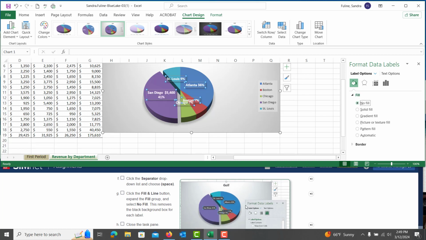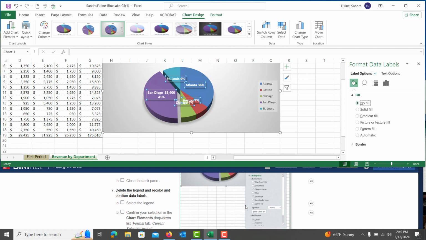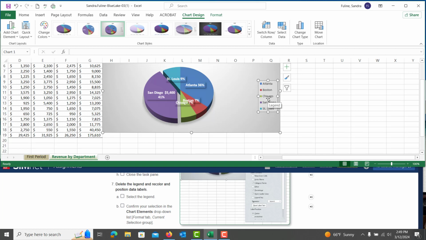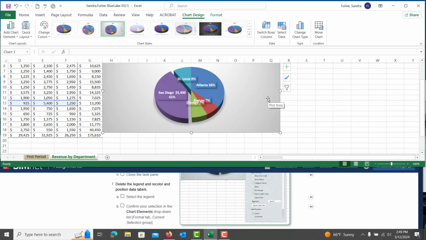And then we're going to be on number 7. We're going to delete the legend. So we're going to click on the legend here. I'm going to close out of this. Once we click on the legend, we can hit delete on our keyboard. And then it asks us to